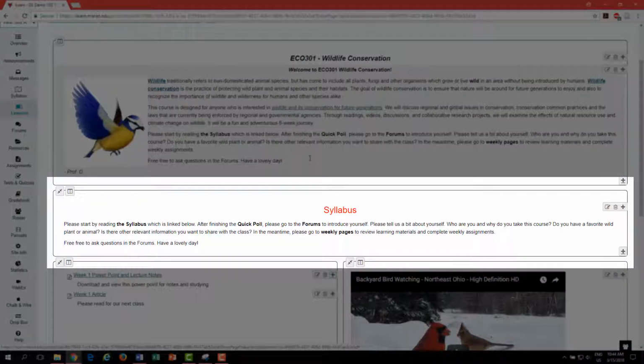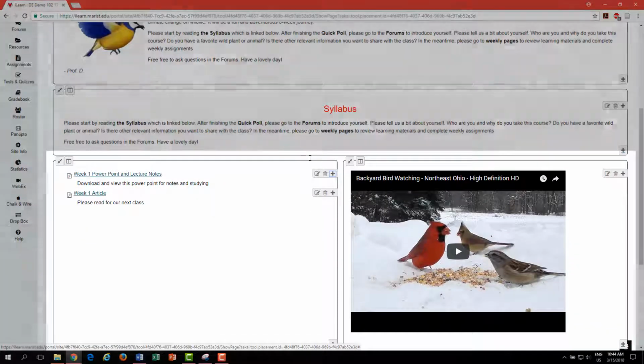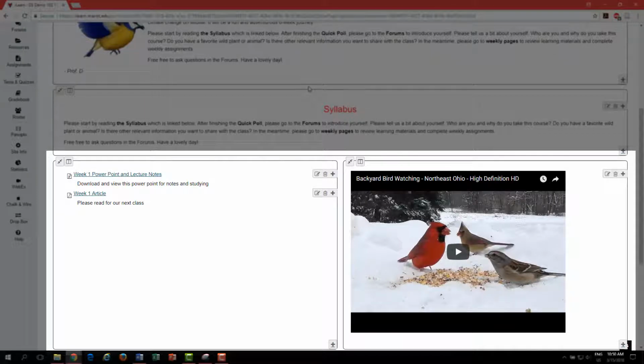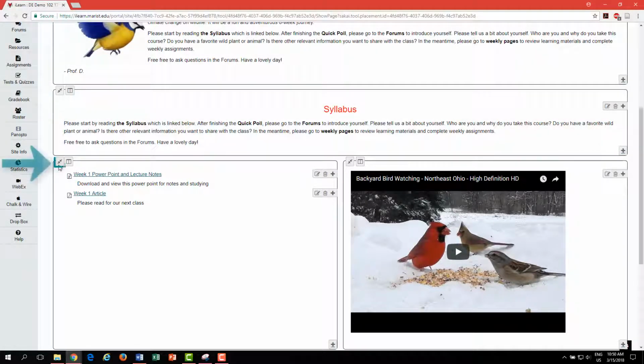By adding a section break, the content will be split horizontally, while a column break will break it into two columns vertically. After you have added either a column or section break, a new button will appear at the top left of the section. This will allow you to rejoin the adjacent two sections into one.